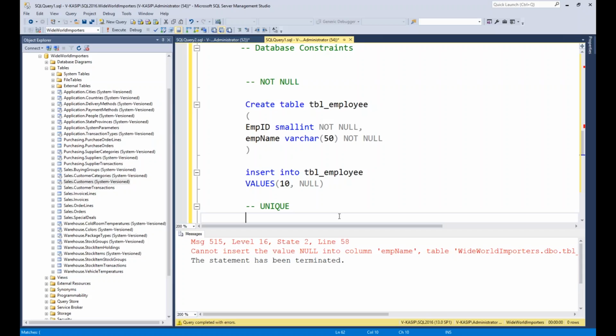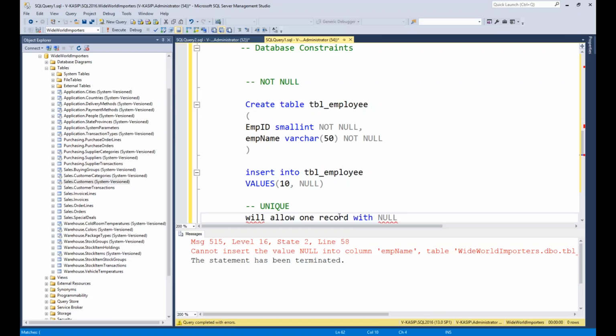That unique key can have one null, because one record with null is acceptable. Another record with null won't be acceptable, because a null is already there. So the unique constraint will make sure that you have unique values, and it will allow one record with the null value.